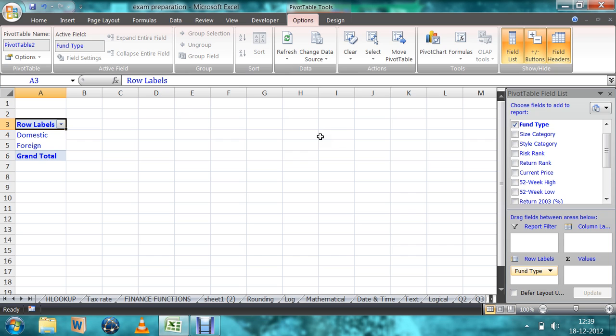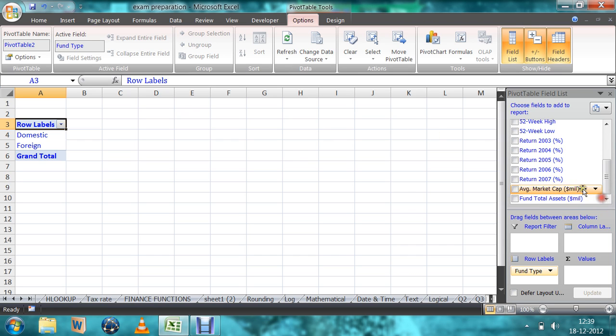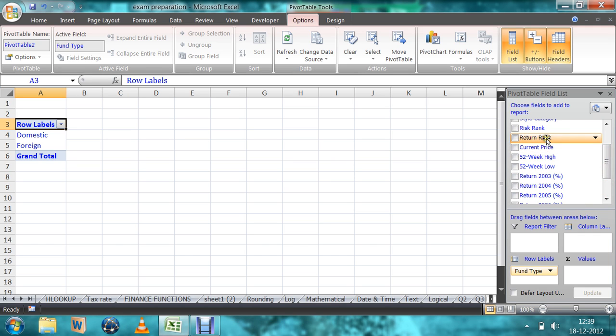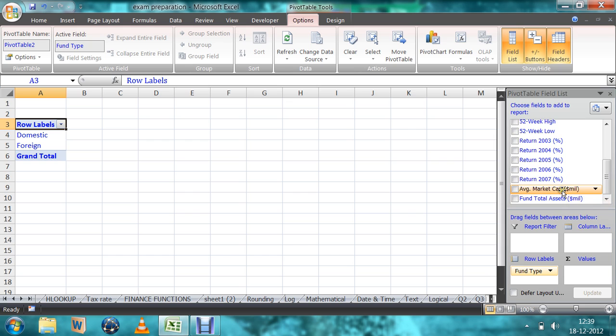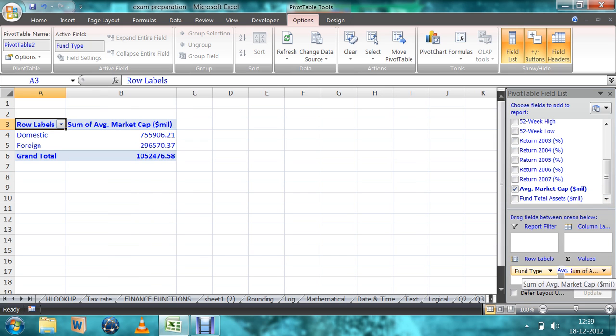If you want to see the average market capitalization of this fund type, you have to post it here. This is the sum of the average market capitalization of all domestic funds, and this is for foreign funds.